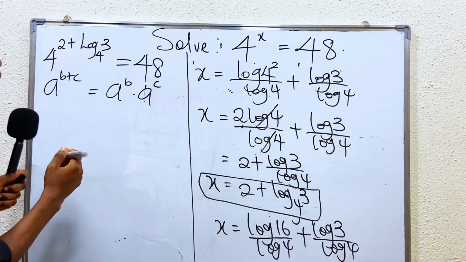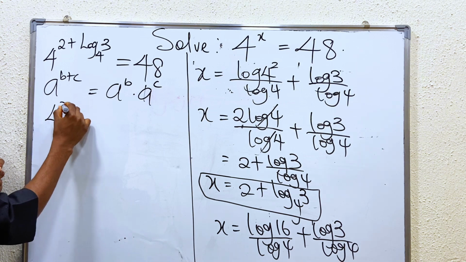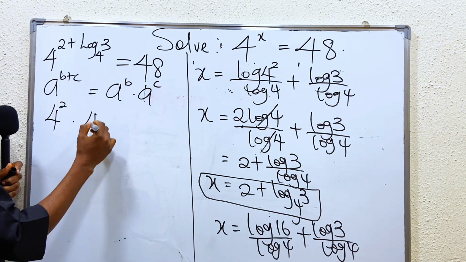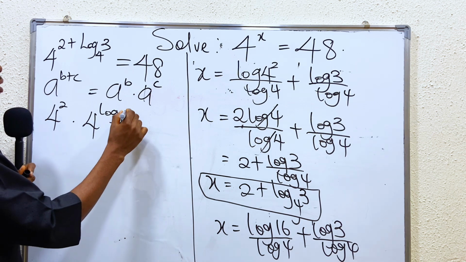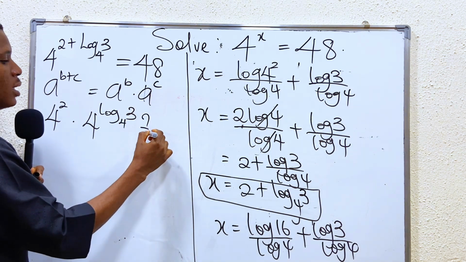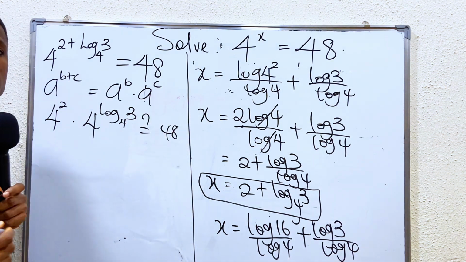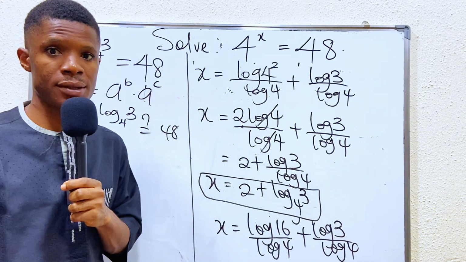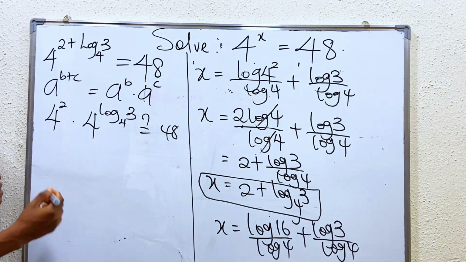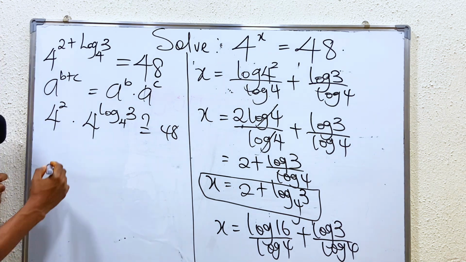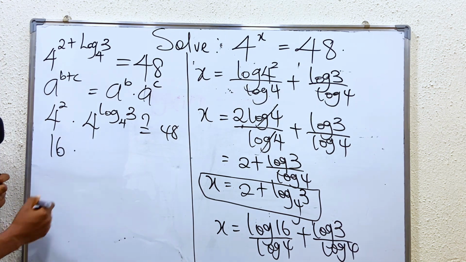Let's use it here. So we have 4 squared times 4 to the power of log base 4 of 3. Is it actually 48? We are just checking to know whether our answer is right, right? So 4 squared is 4 times 4, which is 16, right? So you have 16 times